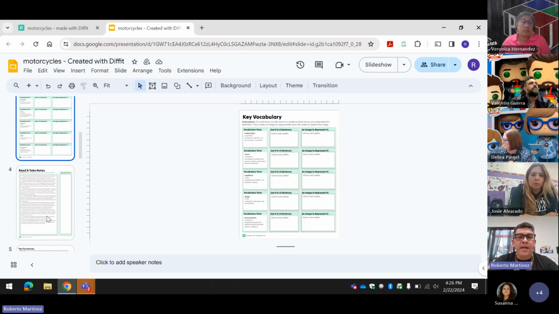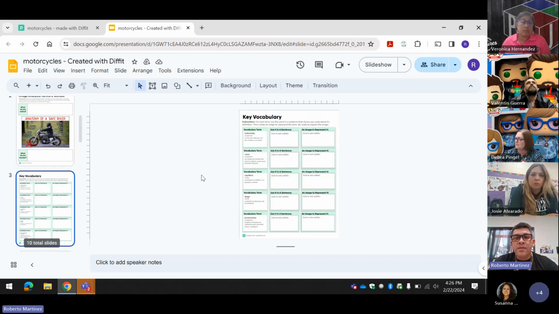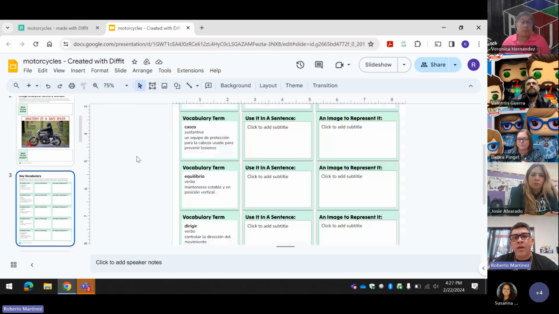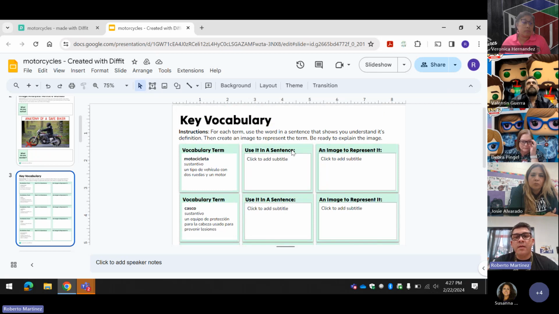The only thing that I saw there was a mistake in here, like when you're using the vocabulary on this one, it's gonna give it to you in Spanish. Let me make it bigger. That is the only thing I did. I think they're still working on it. But like, for example, you see this, the terms, everything in Spanish, and you can actually use it in the classroom.